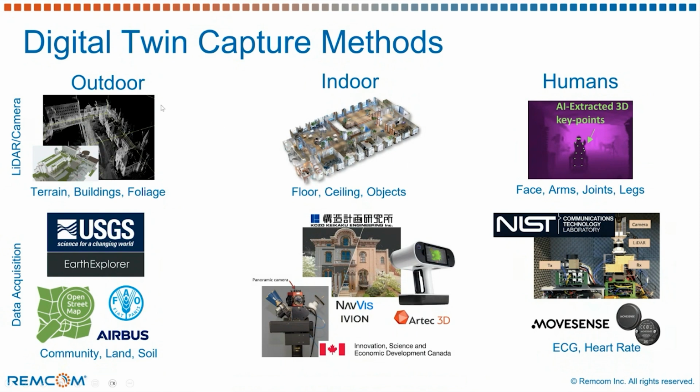So utilizing the United States Geological Survey for terrain, and then putting high-resolution buildings on top of that, and making sure that the mapping of the buildings to the terrain is accurate. For indoor maps, we have furniture placement and accurate representation of the indoor floor plan, the ceiling, the walls, the columns, and then the possibility of humans present in the environment while measurements are taking place or not.